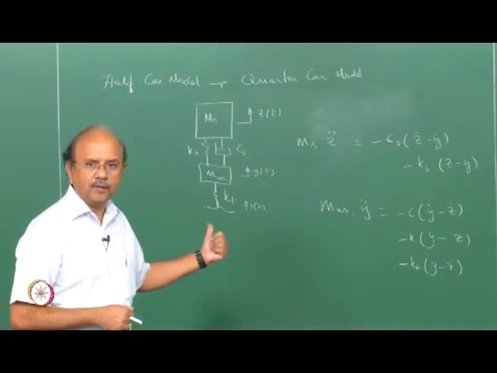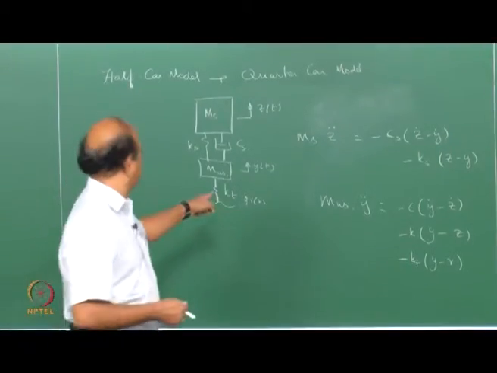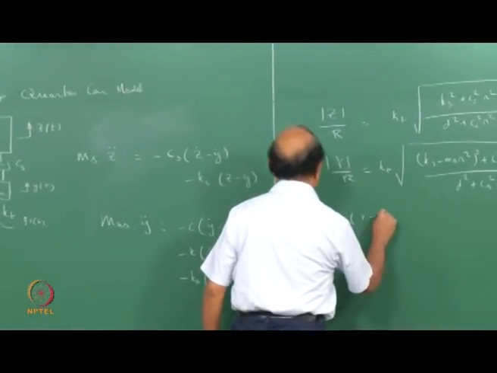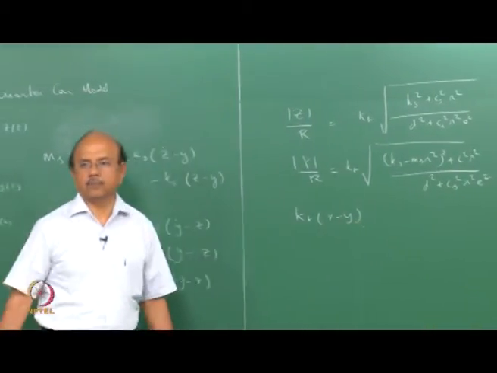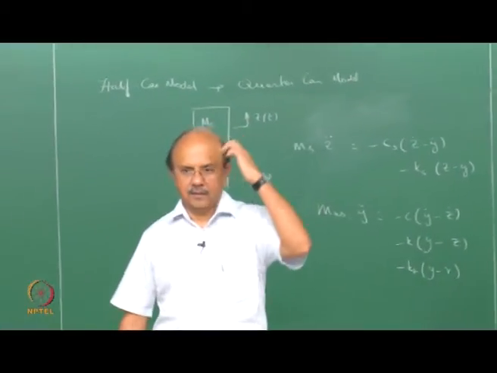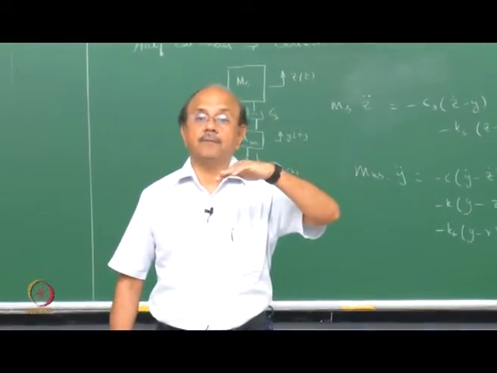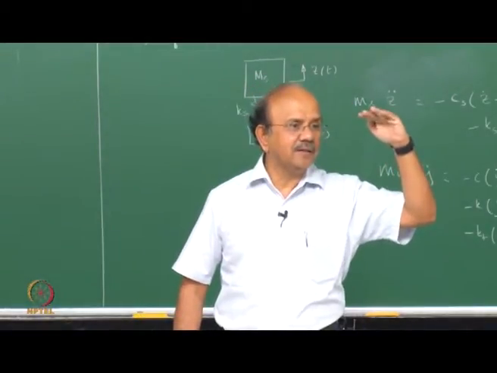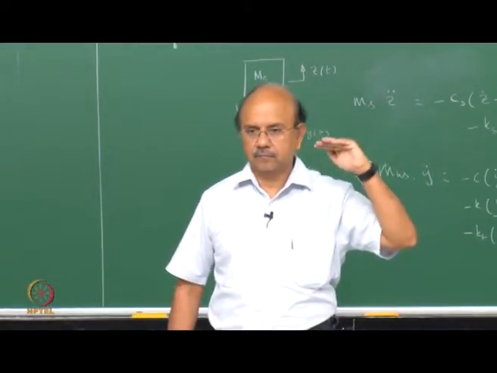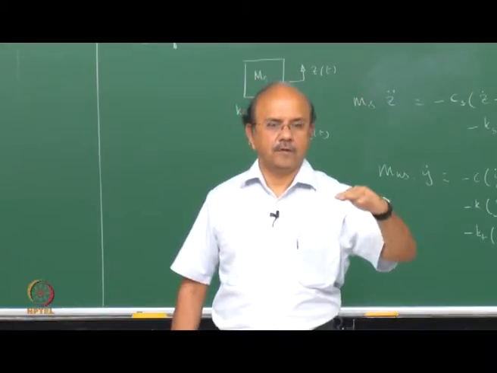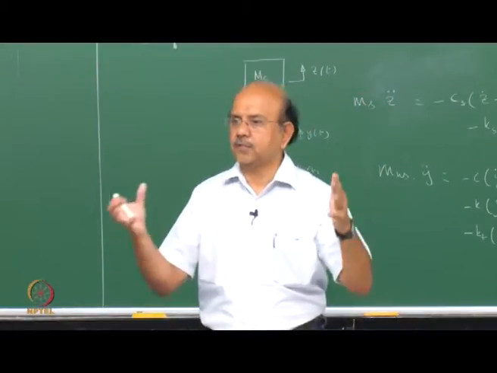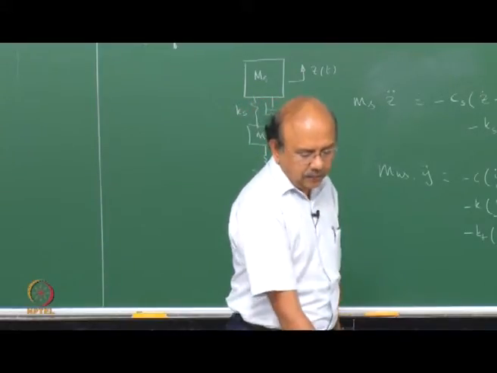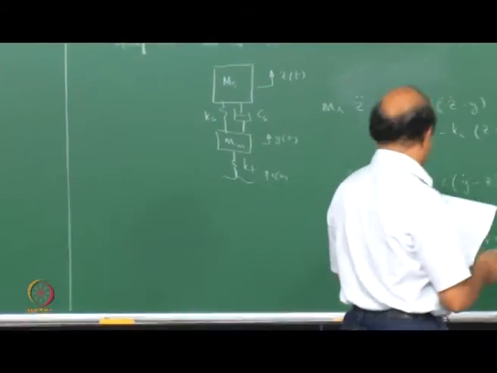What is road holding here? What is the force? Kt into r minus y. Okay, so that is the force that's applied. Please note that all of them are perturbations about the static equilibrium, in the sense that it is the equilibrium due to the weights and so on. It's about that we are oscillating. So that, when I substitute it, rearrange it, and so on.